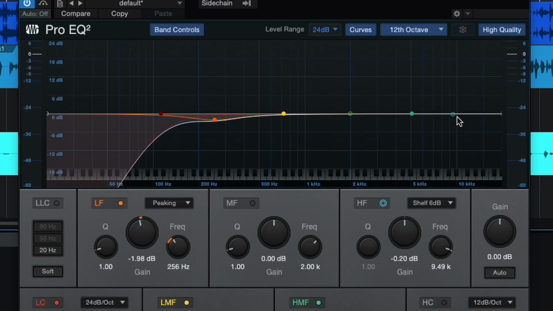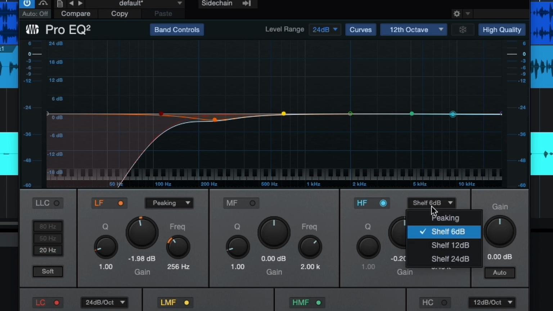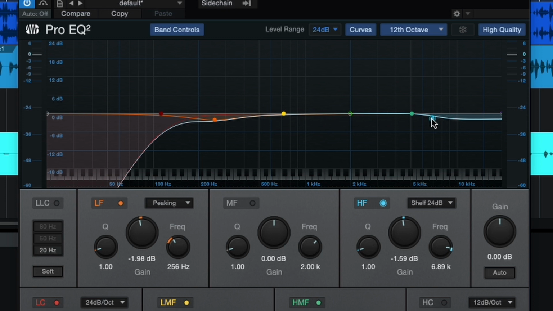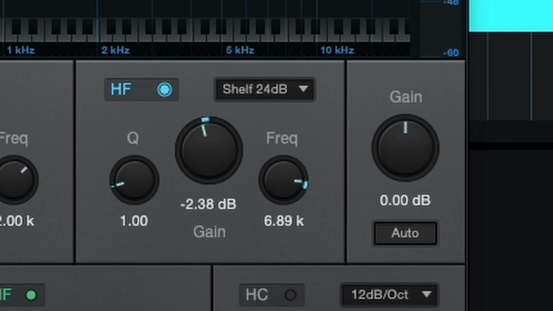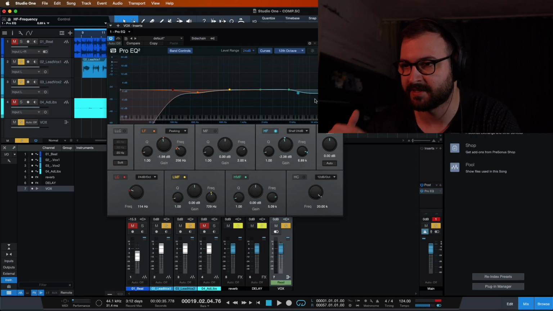So what I'm going to do, I'm going to take these high frequencies, I'm going to change it to shelf, 24 decibels, and I'm just going to cut up to 689. I will listen to it and we'll see after. This might look a bit unorthodox, but it's the way I work when I don't have a de-esser for this kind of matters. Now I'll have a listen and I will play with this too a bit.